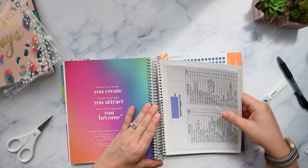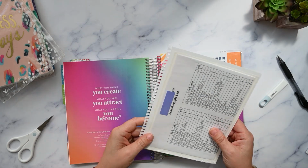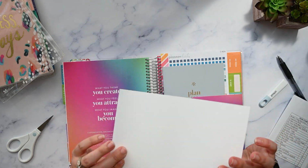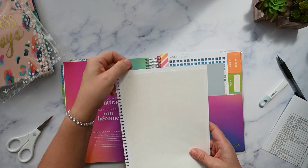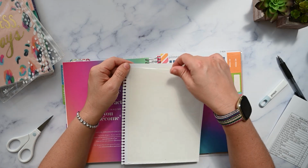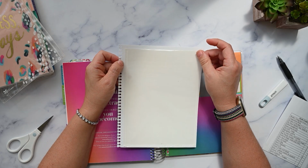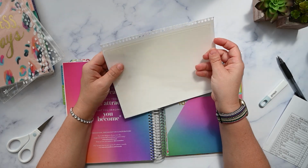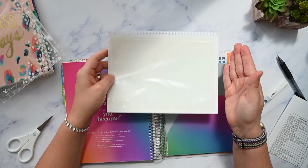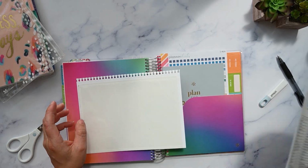This is a sheet of cardstock that I punched, and I will show you the punch in just a second. This was just a sheet of the Astro Brights cardstock that I punched. And then this is a clear packing list pouch that you can get like a case of these on Amazon, like hundreds for like $8. And they just stick right on. They're meant to stick onto shipping boxes, and you put the person's invoice, and it has a flap that seals that in. I just cut the flap off,